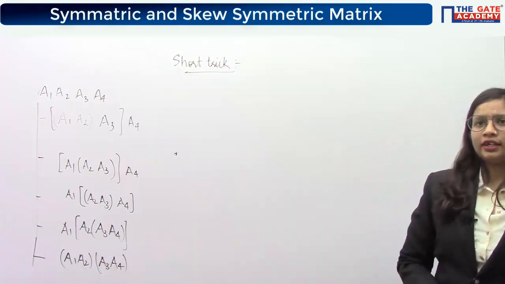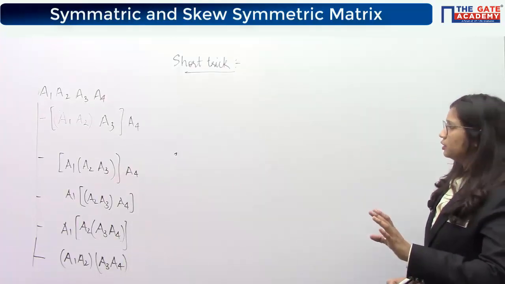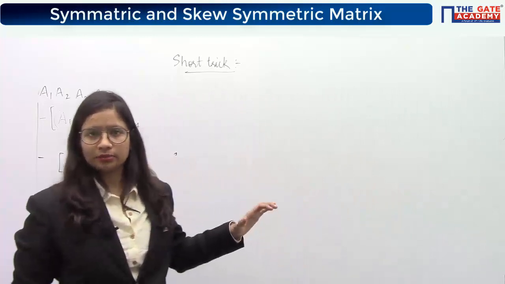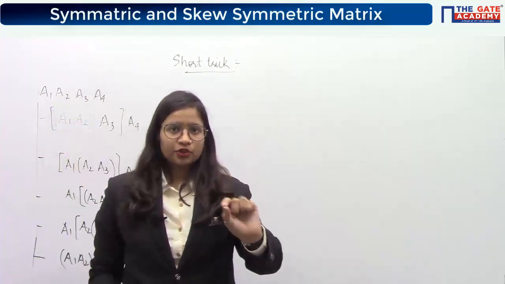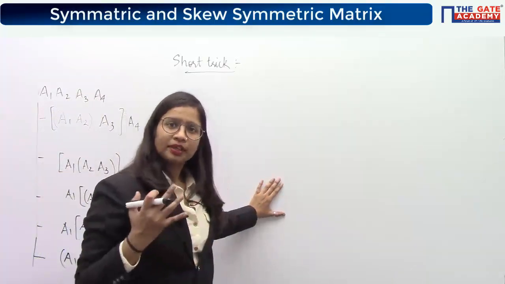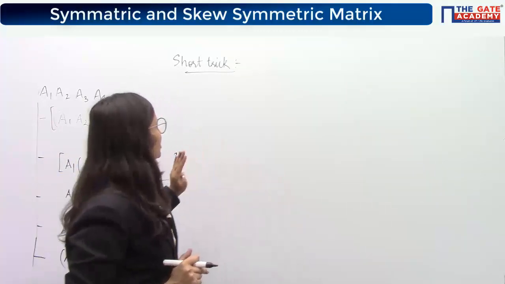Before writing, just see what I am trying to say. Just keep your pen aside for 2 minutes. I'll explain and then you can write it. Okay, what I am saying is, it will take a lot of time to check every way, so I have developed a short trick which is applicable for each and every matrix. Like in the last question also it is applicable. So what is the trick?